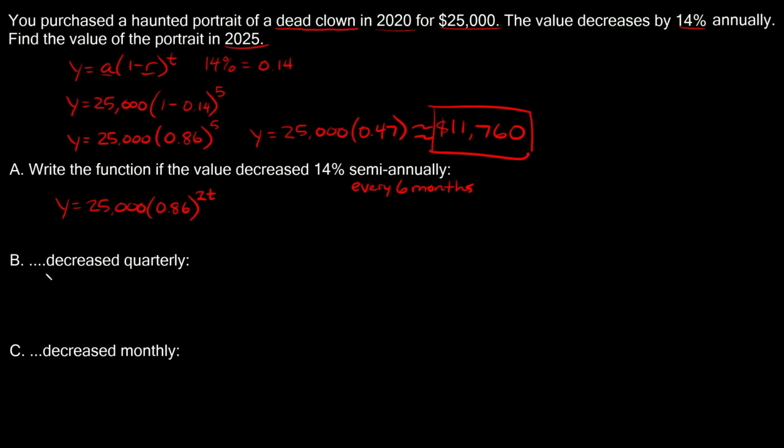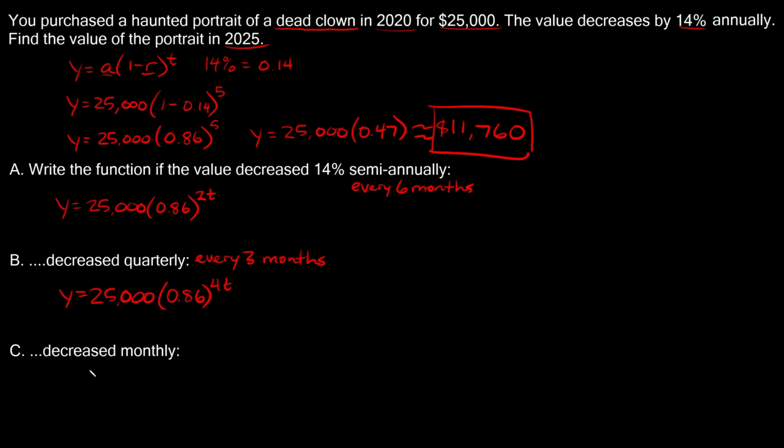okay? What if it was saying that we decreased 14% quarterly? Well, what would the function be in that case? Well, in this case, y is equal to 25,000, right, times 0.86. And then how would our t change? Well, it's saying it's decreasing quarterly, okay? So quarterly means every, I'll write it out, so every 3 months. Okay, how many 3-month periods are there in a year? Well, there's 4, right? So then here, since there's 4 of those, we would say 4t, or 4 times t,